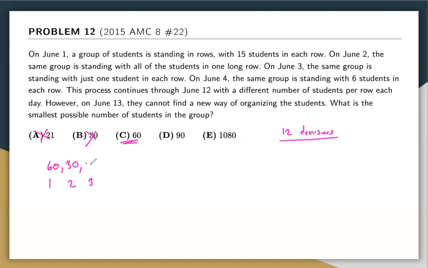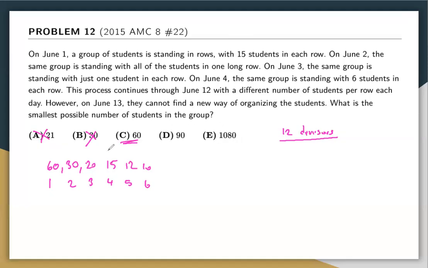So if I divide by 3, that's 20; divide by 4, that's 15; divide by 5, that will be 12; divide by 6 will be 10, and there is 6 right here, 6 right here. That's 12 divisors, which means 60 is the answer. That's the smallest number. So if there were no choices,